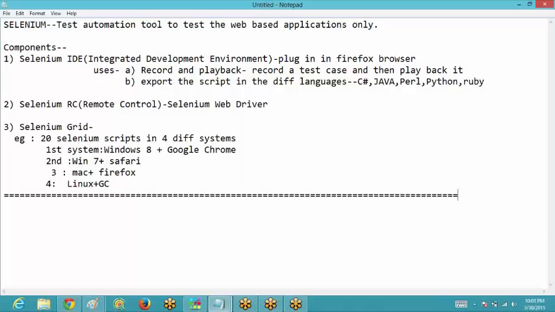Now see, apart from the components, there is one more thing that we need to understand before